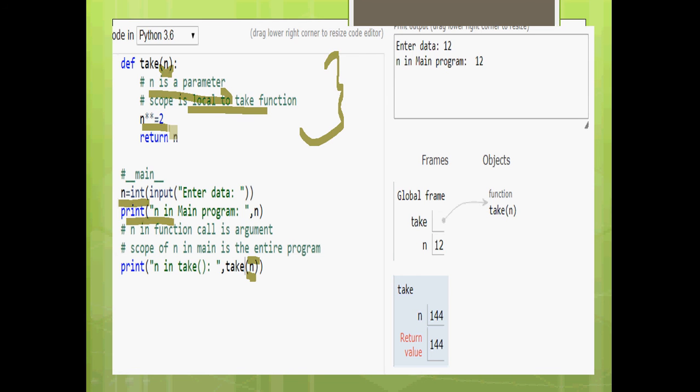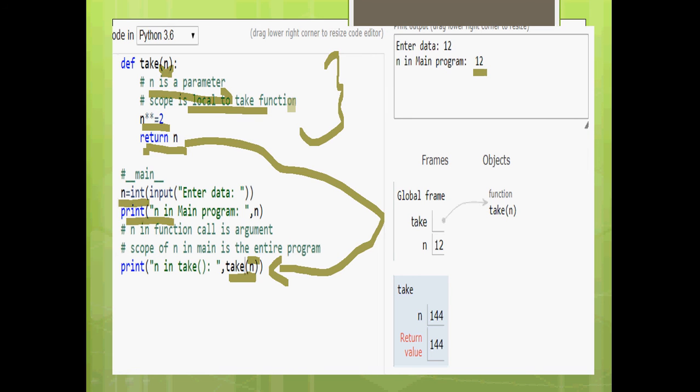What is n double star 2? The square of n. And once it finds the square of n, it returns the value. So when it returns, it goes back to the place where it has been called. Here the print statement needs to be finished after printing the result here.